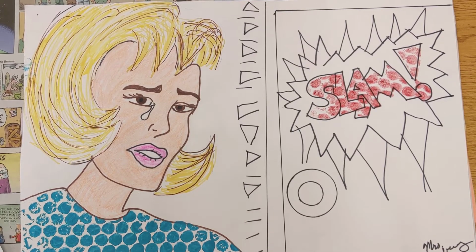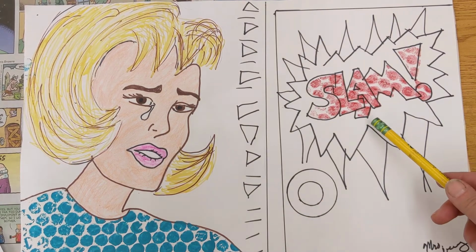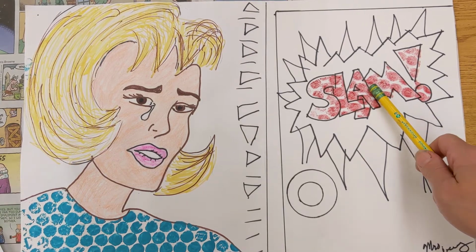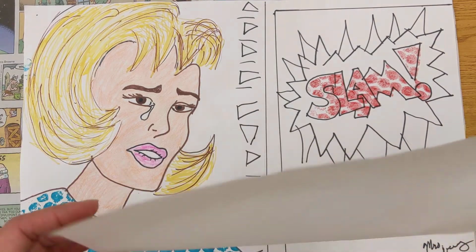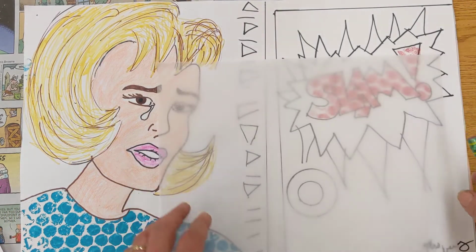At this point you should have a subject matter drawn along with an onomatopoeia word that has been outlined. Obviously you don't have the dots on it yet. I'm going to show you how I accomplished getting dots on her shirt and on the words, also by adding extra spaces. What I did was I used a piece of tracing paper to start, and I put it down,